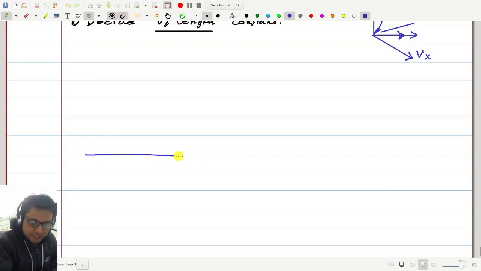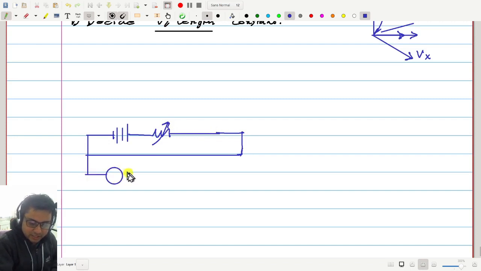Let me give you a clue. Suppose we have a normal DC potentiometer. And here I have a DC voltage, but I don't know the polarity. If I don't know the polarity, then it's not necessary that I will get a null always. But how will I know that this is of opposite polarity, and how will I recognize that?